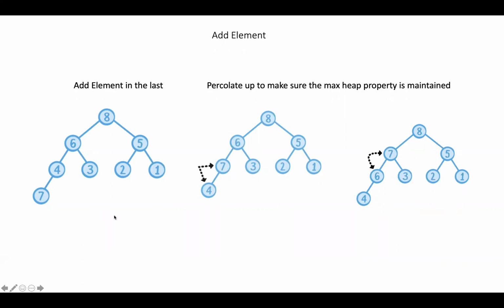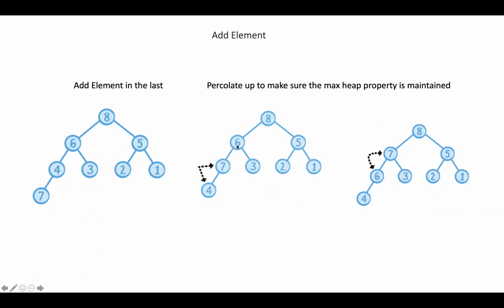So now I will keep checking whether the max heap property still persists or not. I see that 7 is bigger than 4, so it is violating my max heap property. So I will swap it. Now 7 and 4 will be swapped and will become like this.